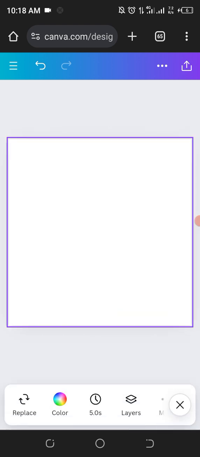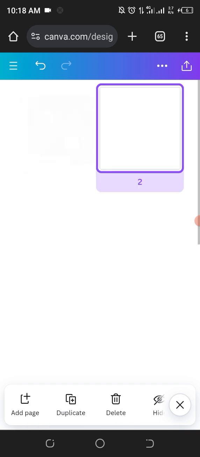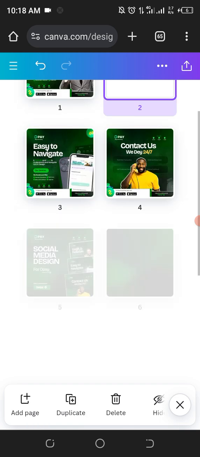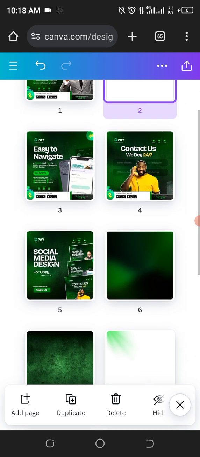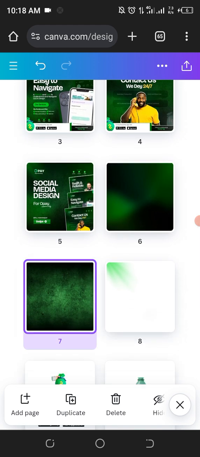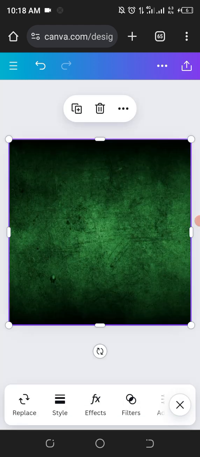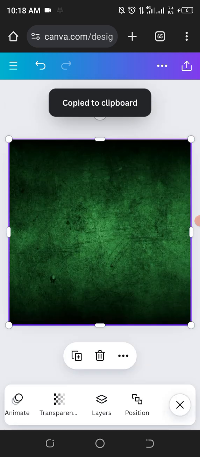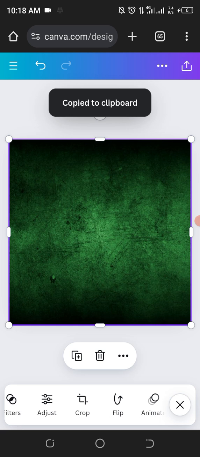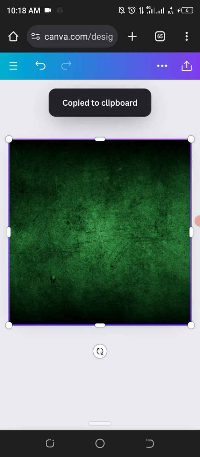The first thing about this design is the background. We're going to be creating the background, so I'm just going to get the first background. There are two of them right here, and I'm just going to get the first one. So this is it right here. There are two, so we are going to be blending them, but this is the first one we are going to be using. I already edited everything just to save us the stress, because if we want to start editing and doing all of the things that I did to get this design,